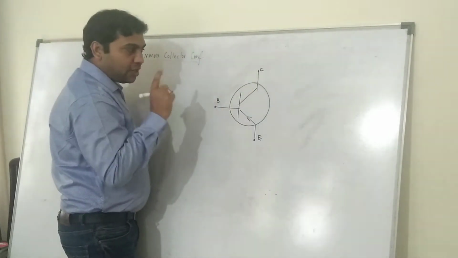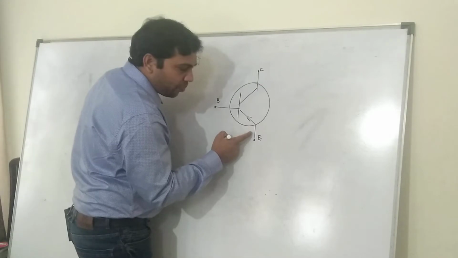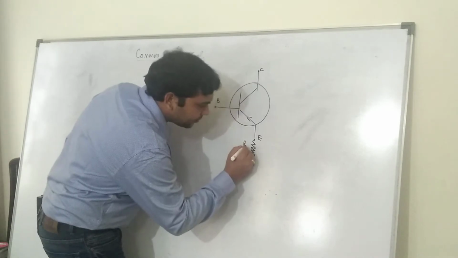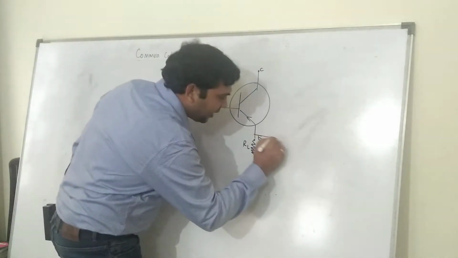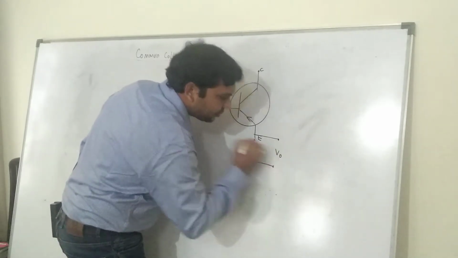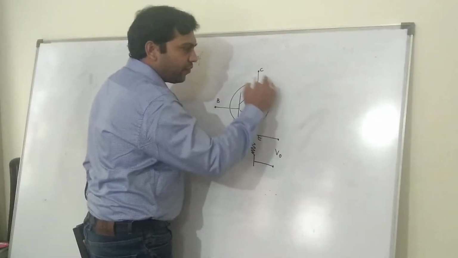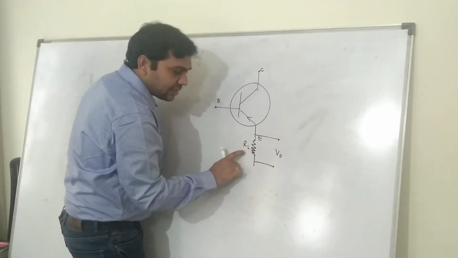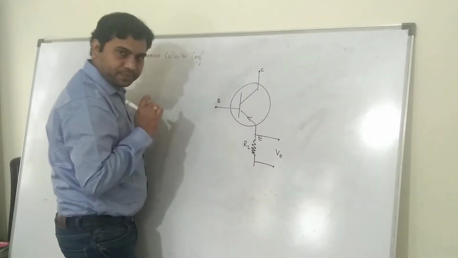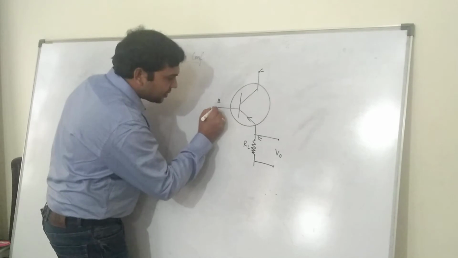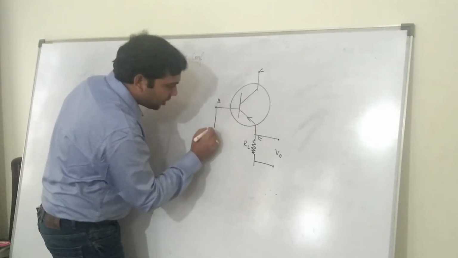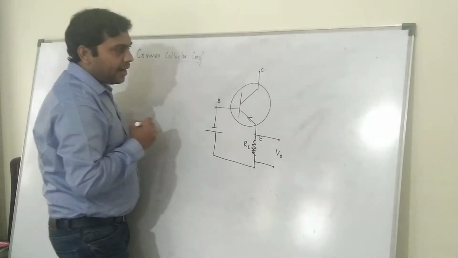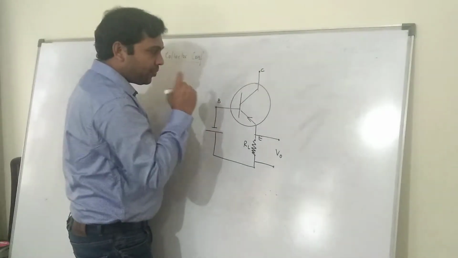Since we need to take the common collector as the common terminal, what does it mean? We need to take the output from the emitter. So we put a load resistance RL here, through which we take the output. Instead of placing the load resistor at the collector and taking the output from there, we now take the output from the emitter. The emitter and base need to be in forward bias. So this is N, this is P, so this has to be negative, like this.